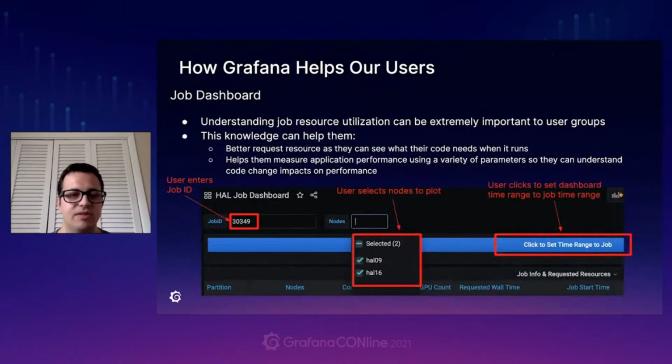Also, they run jobs on these systems, and so it's helpful for them to understand job profiles and how their code executed on the system. So they might be able to plug in a job ID here on one of our job dashboards, and that will give them a list of nodes that job ran on. Then they can click a button to set their time range of the graph to the time range that spans when that job ran,